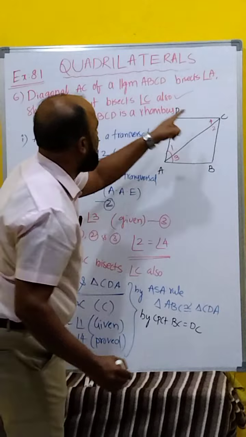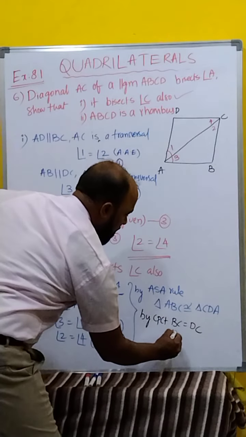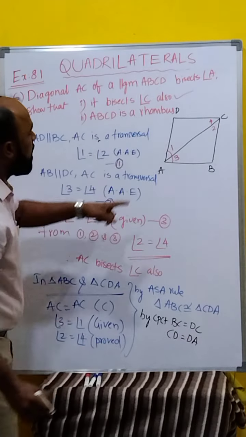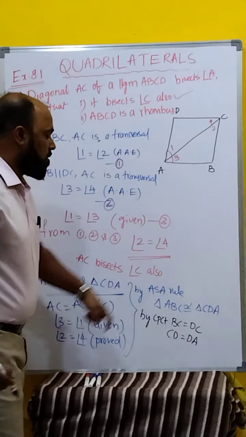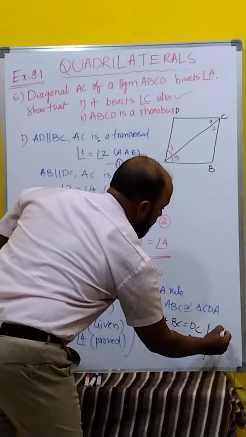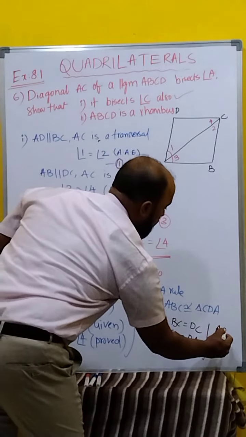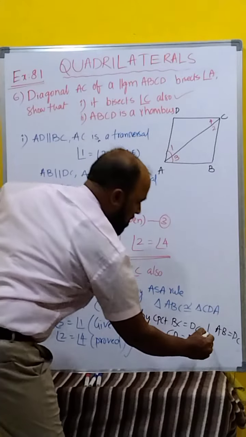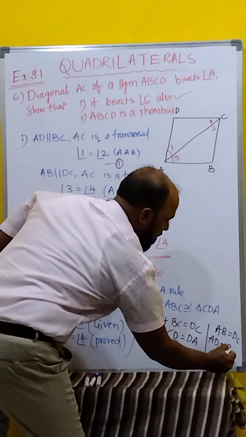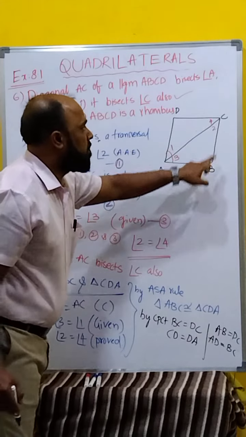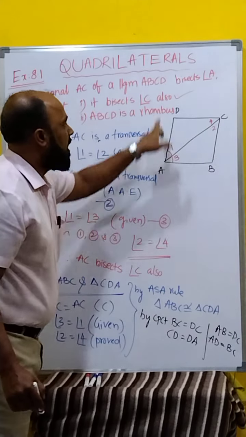Then CD is equal to AD, or DA, anyone. Then even AD is equal to AB is also possible. Clear, children? AB is equal to DC is also possible, we know already it is, because it is a parallelogram. Finally, AD is equal to BC, because we know that it is a parallelogram. Now we proved adjacent sides are equal. BC is equal to DC, then AD is equal to DC.